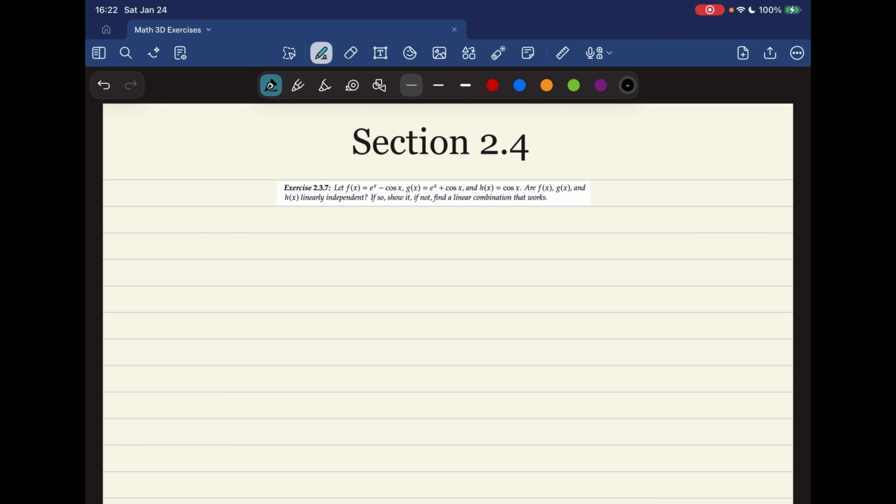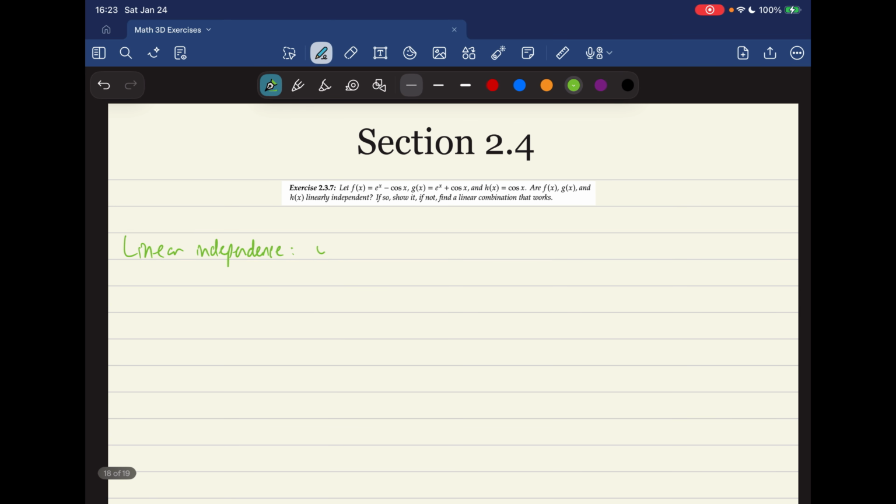Okay, so let's start with 2.3.7. First, let me recall the definition of linear independence for three or more functions. We say that f, g, and h are linearly independent if